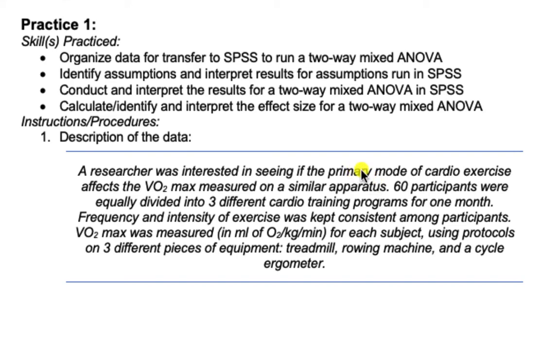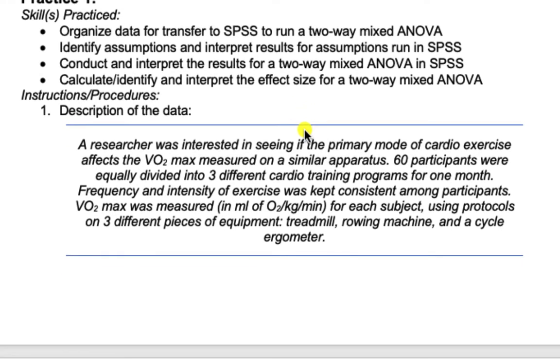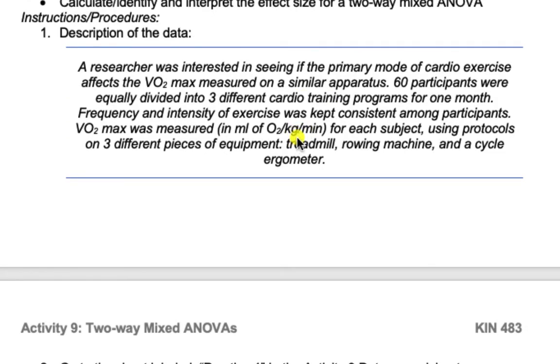In practice 1, we will be going through how to run a two-way mixed ANOVA. So here we've got a description of the data that are presented in the Excel spreadsheet for Activity 9. A researcher was interested in seeing if the primary mode of cardio exercise affects the VO2 max measured on a